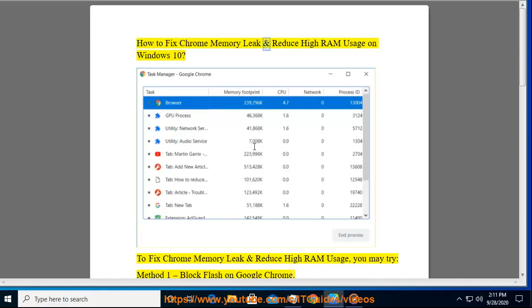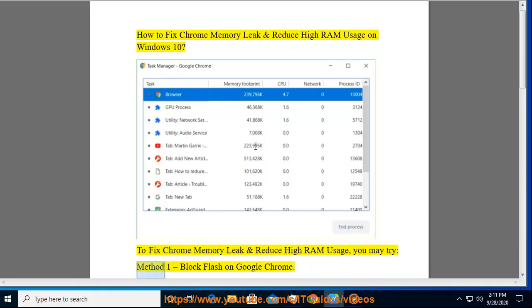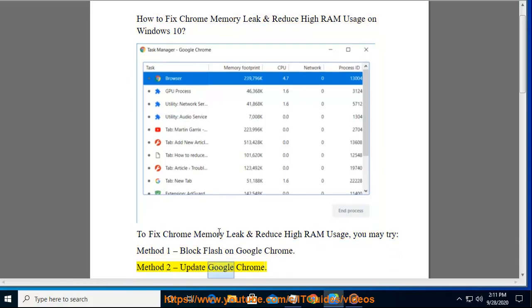How to fix Chrome memory leak and reduce high RAM usage on Windows 10. To fix Chrome memory leak and reduce high RAM usage, you may try Method 1, block Flash on Google Chrome. Method 2, update Google